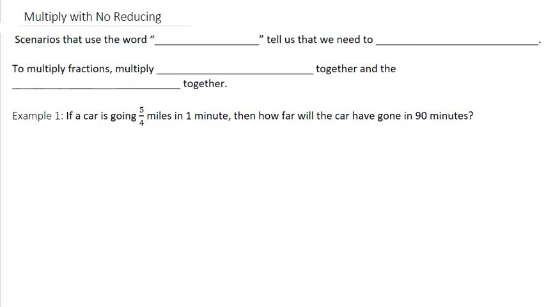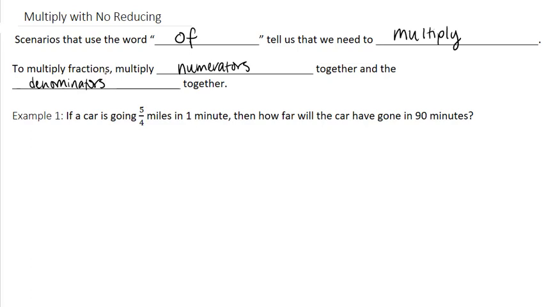Multiply with no reducing. Scenarios that use the word "of" tell us that we need to multiply. And then to multiply fractions, we must multiply the numerators together and the denominators together. Example 1. If a car is going 5 over 4 miles in 1 minute, then how far will the